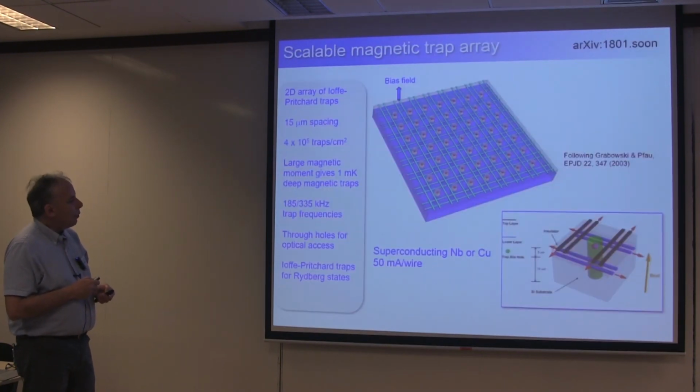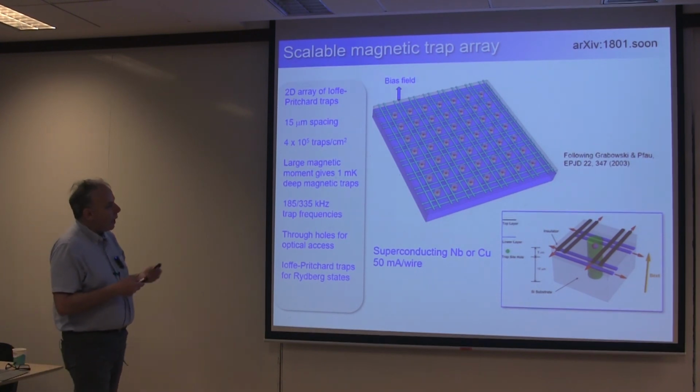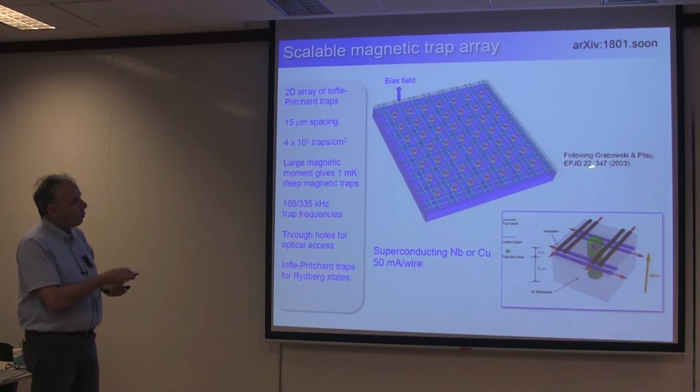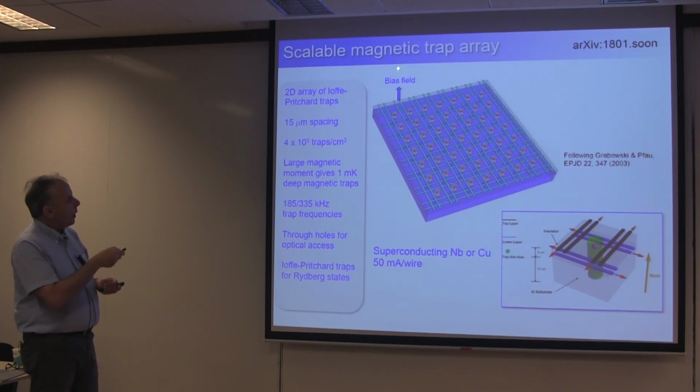So we've been looking at magnetic trapping and designs for magnetic trap arrays, and we've come up with a design which builds on some older work from the Fortágh group of having a two-dimensional array of Ioffe-Pritchard traps. We have a construction here with 2 layers of wires to create the magnetic fields. That combined with an external bias field gives you a 2D array of 3D traps.